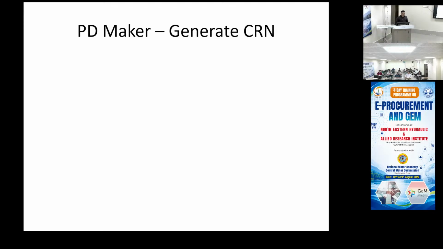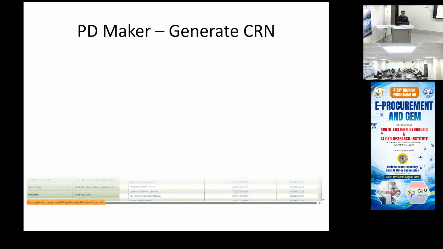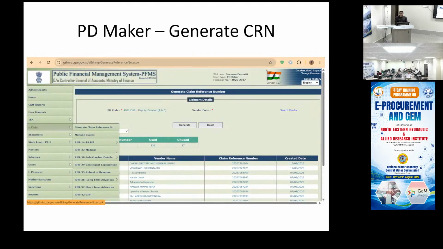Now मान लीजिए कि आपका claimant ID नहीं है, you are not registered through PFMS, you submit physically to the accounts office. Then the account will not have received a digitally signed by claimant वाला, उसको generate करना पड़ेगा. The accounts office will have to generate the claim from the maker account. ठीक है? So this is in case it does not come through the claimant, accounts will generate the claim reference number.